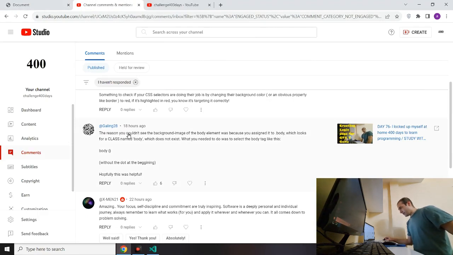Dear Galing has told me the reason you couldn't see the background image of the body element was because you assigned it to the dot body, which looks for a class named body, which doesn't exist. What you needed to do was select the body tag like this, body. Hope this was helpful. So yesterday,